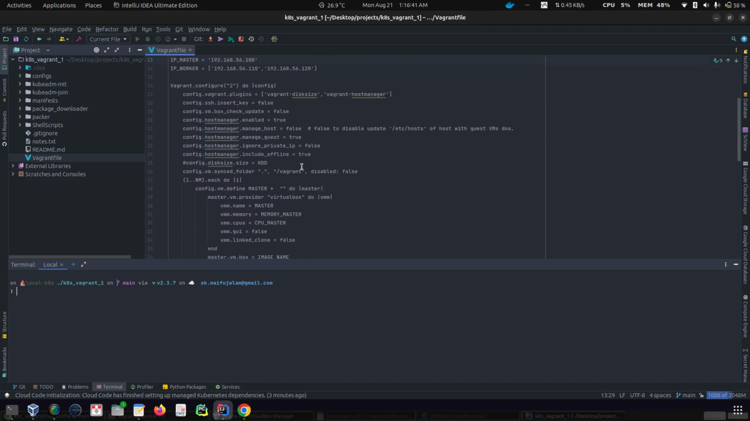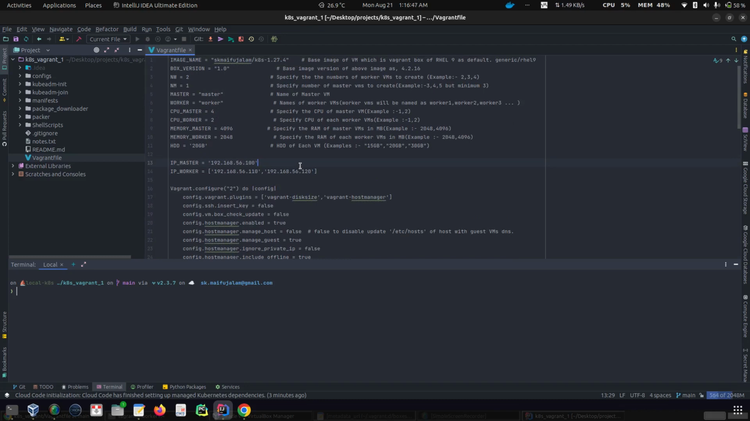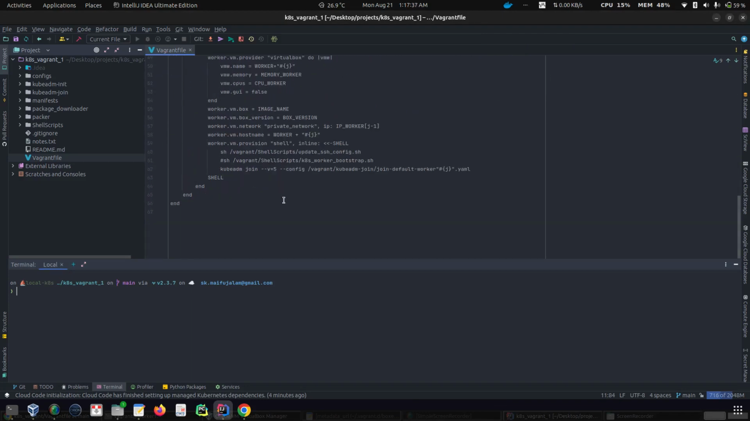So these are all the prerequisites to get started with this project, and after all it is done, we can start our Kubernetes cluster creation. Okay, let me start the Kubernetes cluster creation. I am at my project directory. If I run vagrant status,